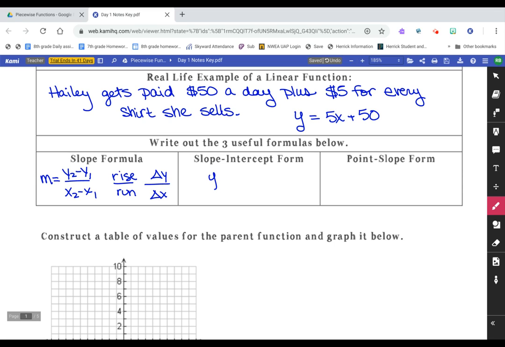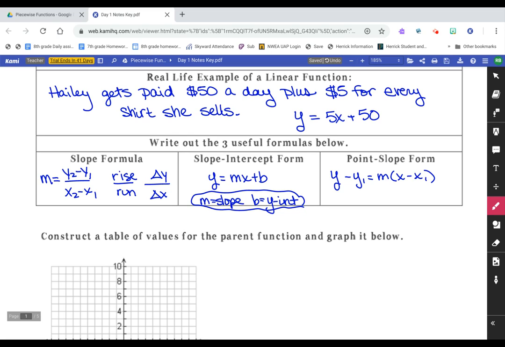Slope-intercept form, y equals mx plus b, where m is your slope and b is the y-intercept. Okay, and then point slope form would be y minus y1 is equal to m times x minus x1. And you can use this when you have your slope and you have 1 point, which would be your x1,